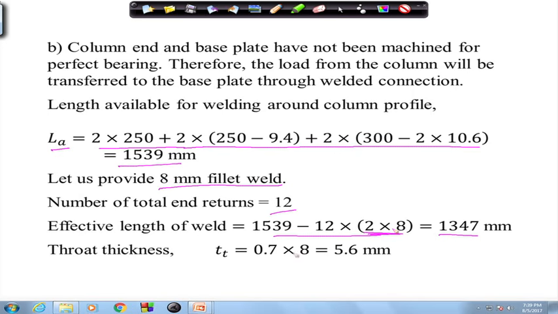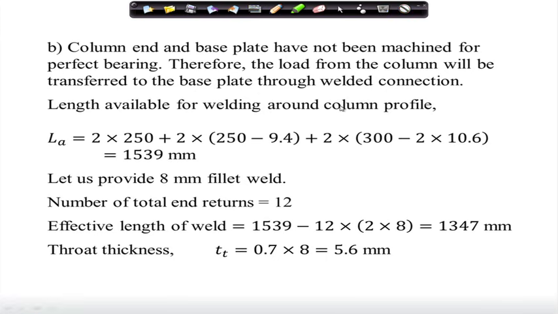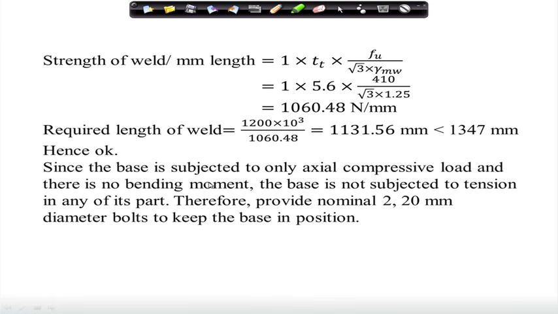So, we can find out finally the available effective length of the weld is 1347 mm, and the throat thickness of the weld is 0.7 s, that is 5.6 mm, and on the basis of that we can find out